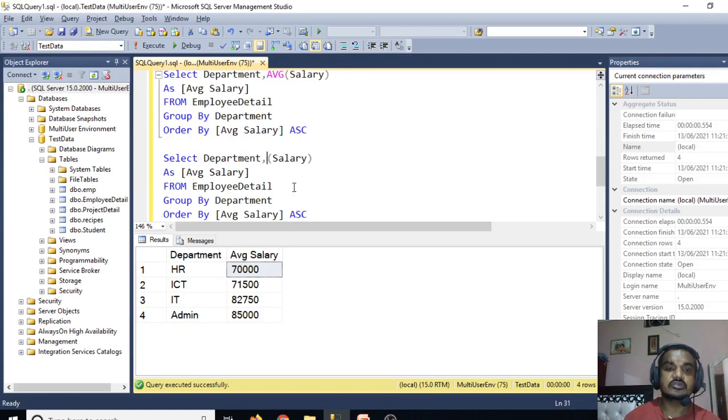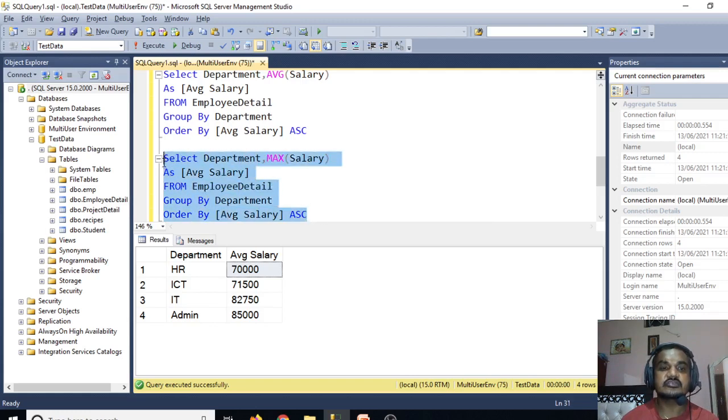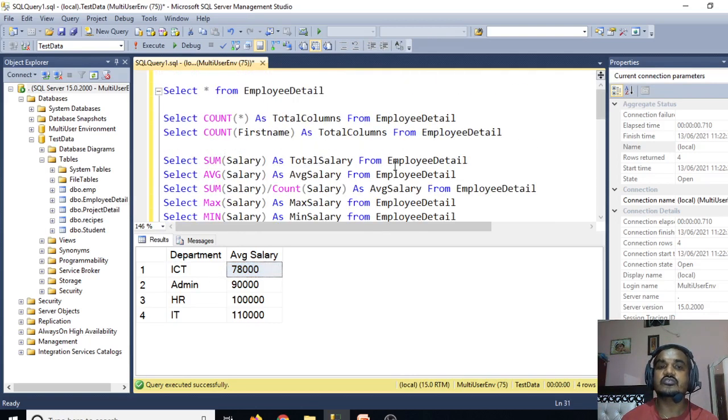Just we need to put maximum over here, and the rest of the things will be similar. So we'll see the maximum salary from employee detail table department wise. For ICT we have 78,000 as the maximum.